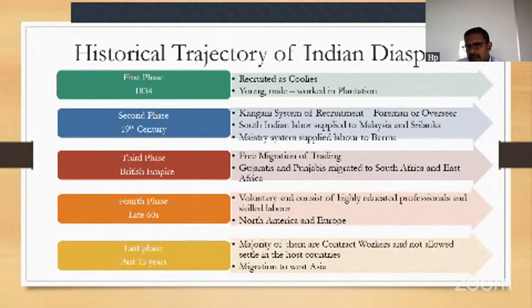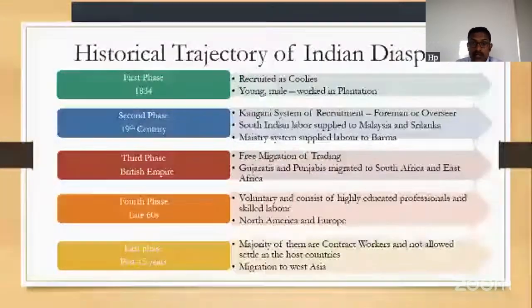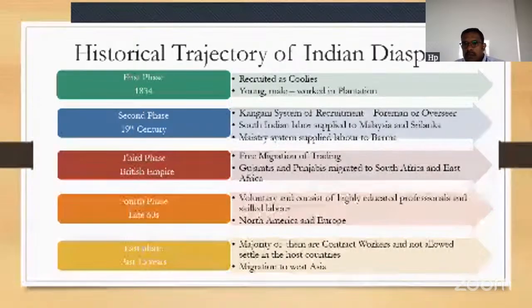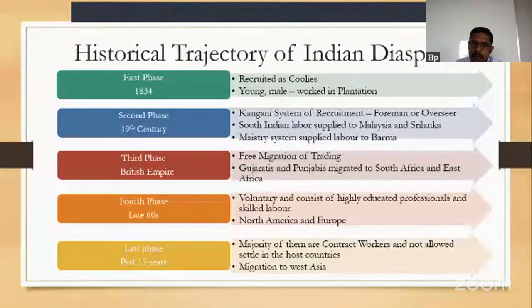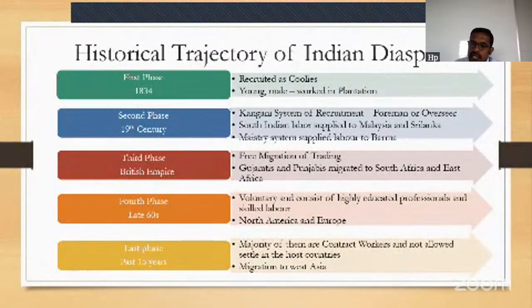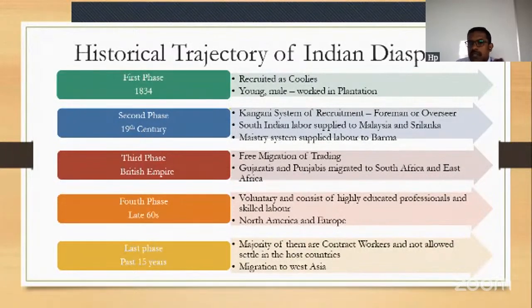And in the 19th century, the second phase, the Gangani system of recruitment, that is a foreman or overseer. Southern Indian labor was supplied to Malaysia and Sri Lanka. Southern Indian labor means the people from Tamil Nadu, Kerala, Karnataka, Pondicherry, these areas. They were taken to Malaysia because we are near Sri Lanka and Malaysia. Travelling through the sea, within 3 to 4 days we can reach Sri Lanka or Malaysia. The British took this southern part of the nation to Malaysia and Sri Lanka,